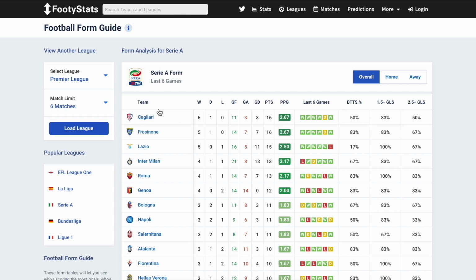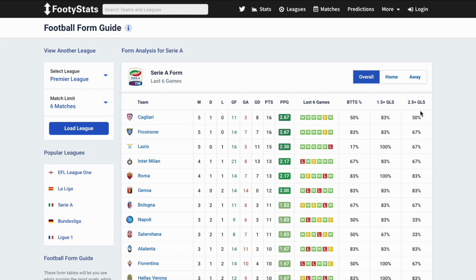On the left-hand side, you'll find a list of teams ranked based on their performance over a specific number of matches. The symbols along the x-axis describe their wins, draws, and losses in a team's most recent 6 games. This information is vital as it helps bettors assess a team's consistency and form. Teams on a winning streak might continue their momentum, making them attractive options for bets, while teams facing losses might struggle against stronger opponents, which might influence your betting choices.